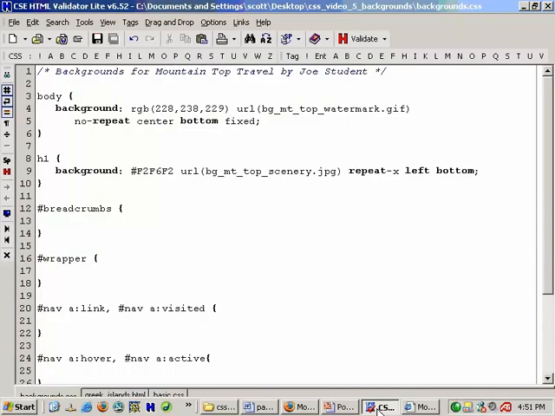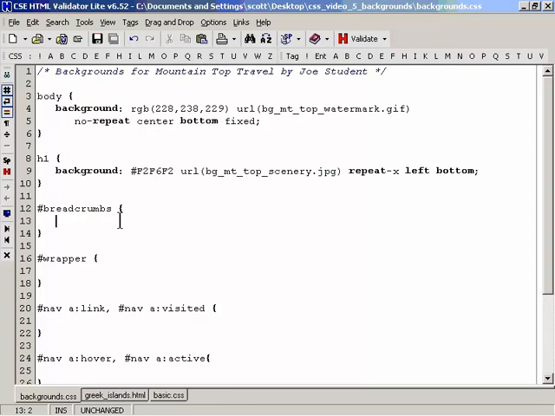So let's work with the breadcrumbs area now. If we have the selector in place, again we use the background as the property, and the color is going to be #440044. Now whenever I really, in real life, I haven't done this in earlier videos, but I do now that